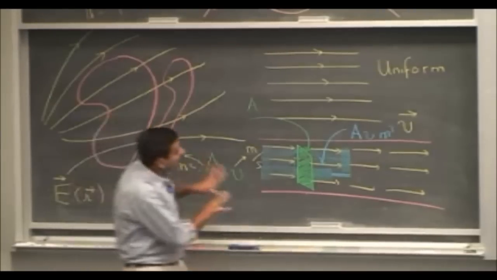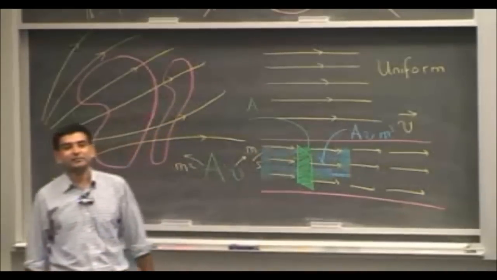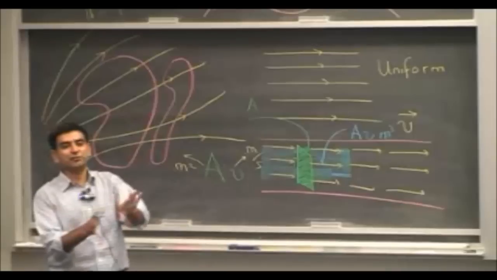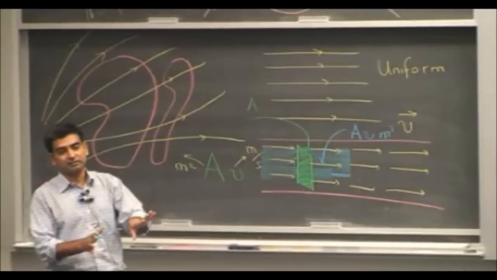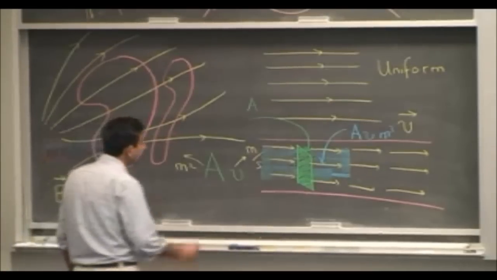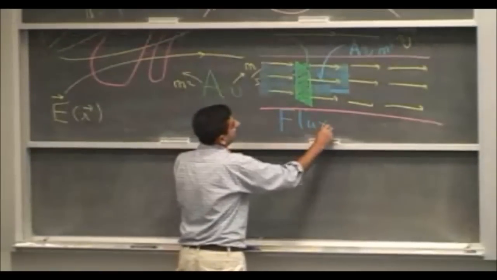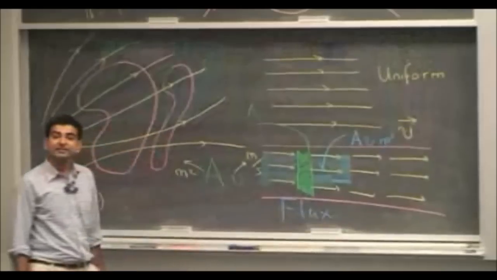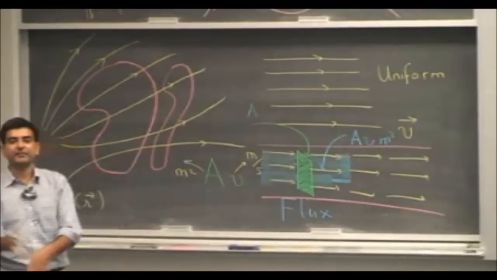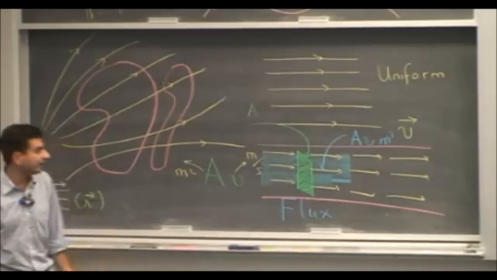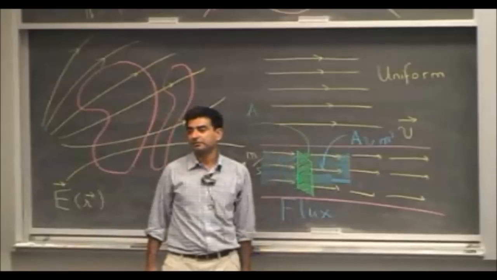So this amount of volume that passes through this surface per unit time is called the flux associated with the velocity field. It's the flux of water. It's the flux associated with the velocity of the water in the river stream. This is called flux. How much volume passes through this hypothetical surface per unit time? And how do you find it? You just multiply the area of this surface with the velocity vector field.